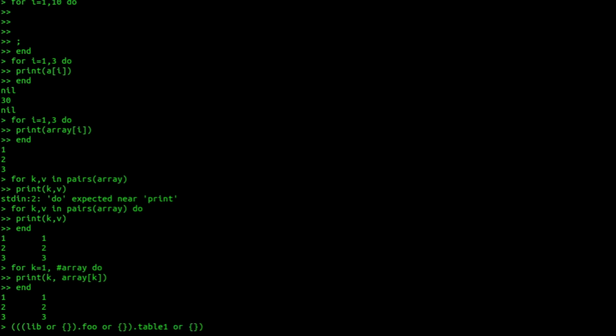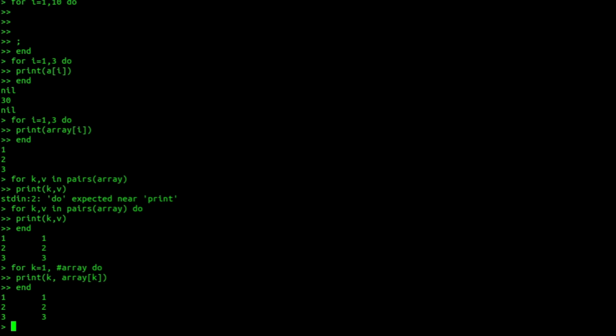So you see, at every point we are saying if lib is true, meaning it is not a nil value, then use lib, otherwise use this empty table. In that way we won't get any error if any of the intermediate values, tables or structures is nil. So this is one way to use libraries in Lua.